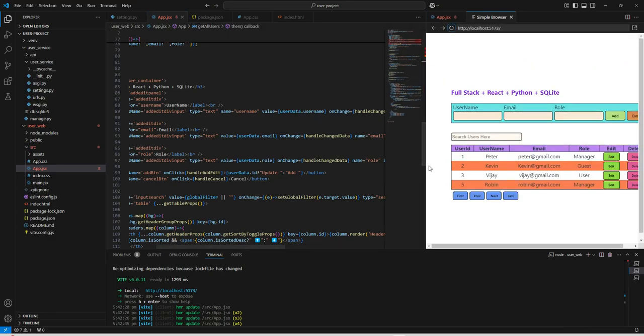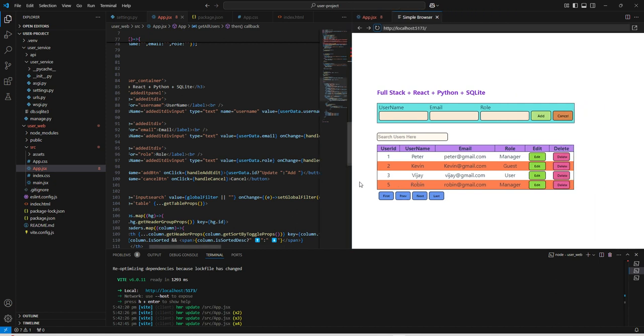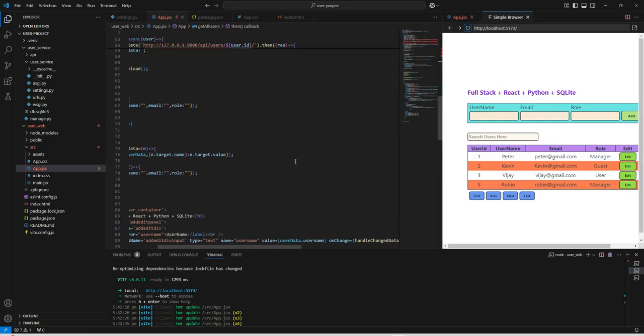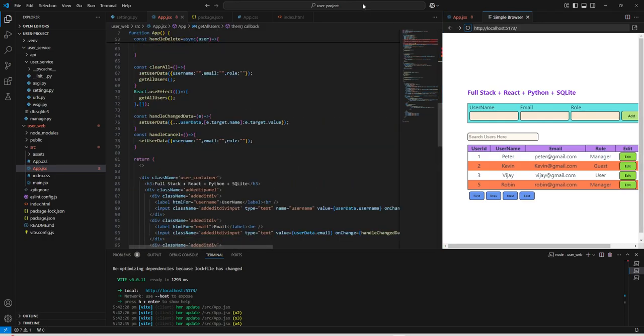Now you can see it is showing 4 records per page. Now we have 10 or 12 records. Once I click on the next button, it should show the next 4 records. For that, what we can use,